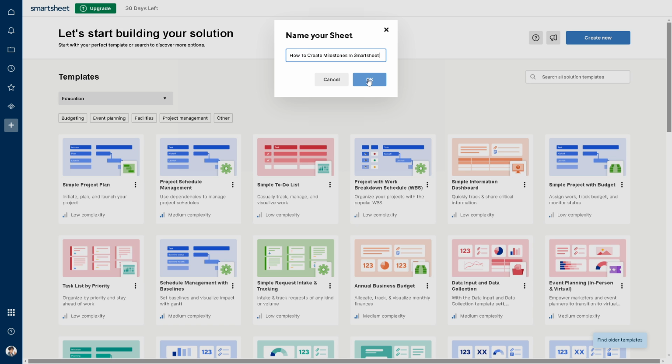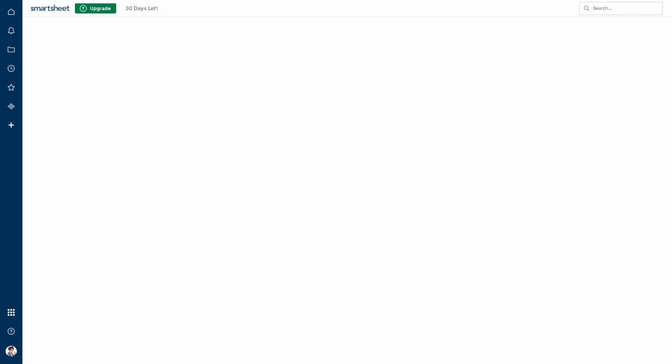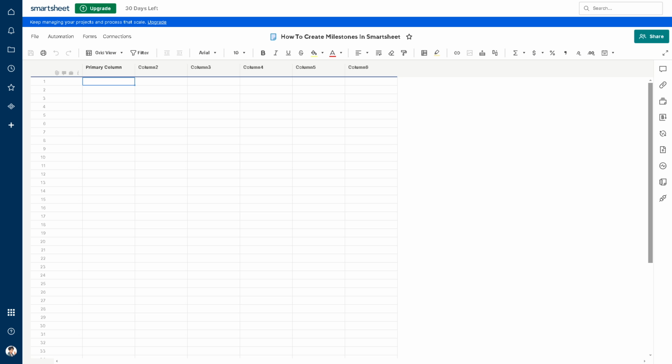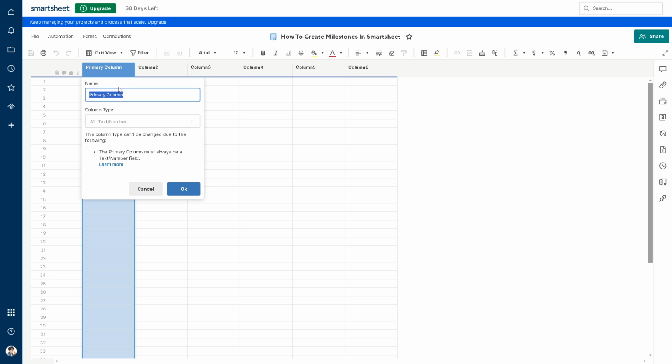Obviously, we need to create something like this one. And once you've done that, now you should rename this column right here. And for you to be able to do that, you can double click on it. Maybe let's put something like